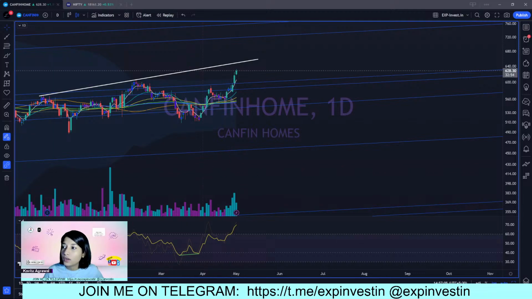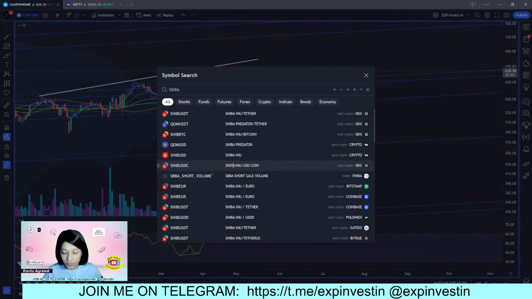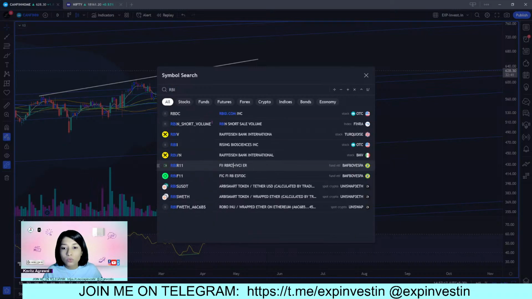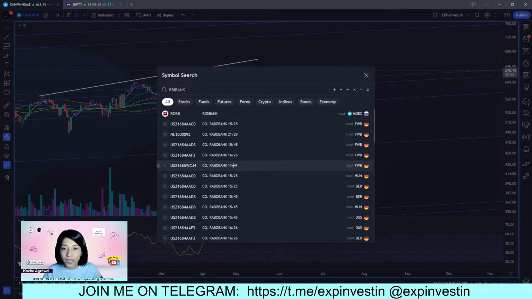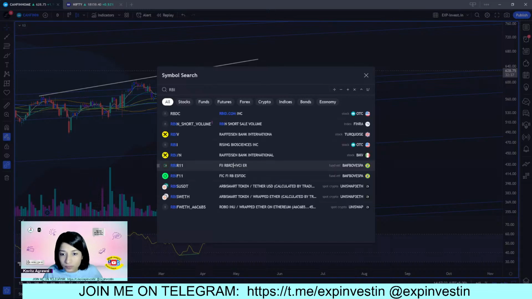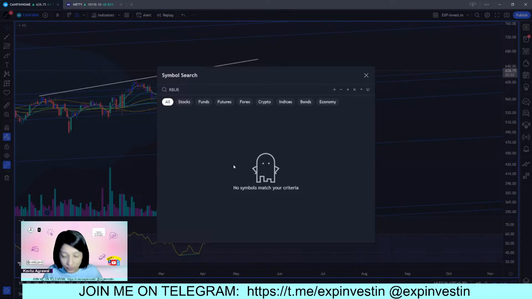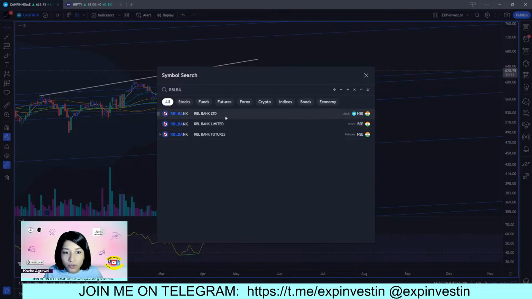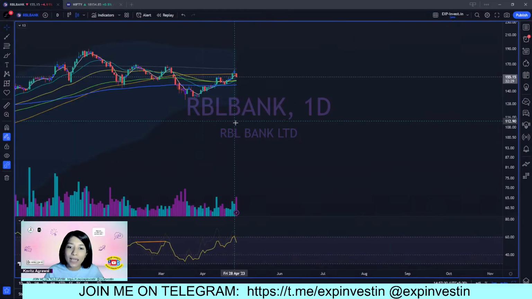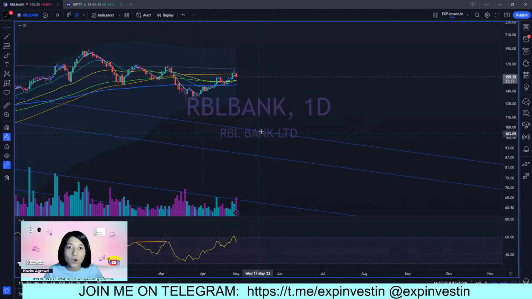All right, let's move on to the next comment. So we have Vinod ji asking about RBI Bank, and he wants to swing trade. Oh, sorry, it's RBL, that's why RBI sounded really wrong. There you go. So one thing about banks is that banks have already given a lot of rally.